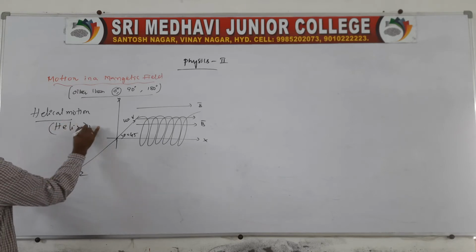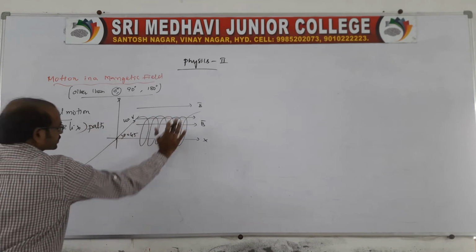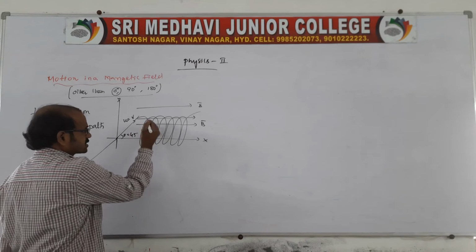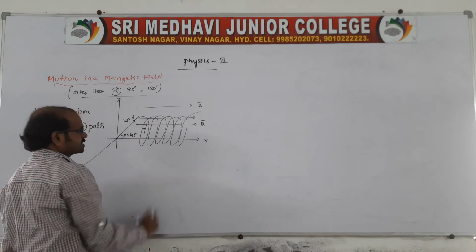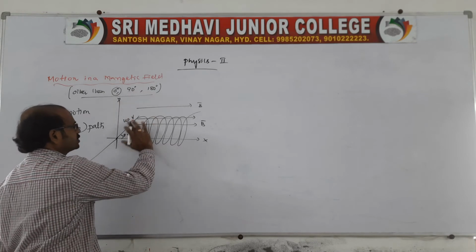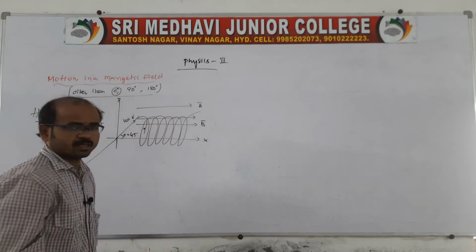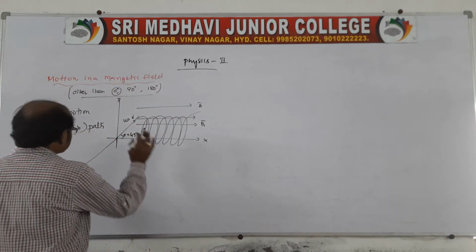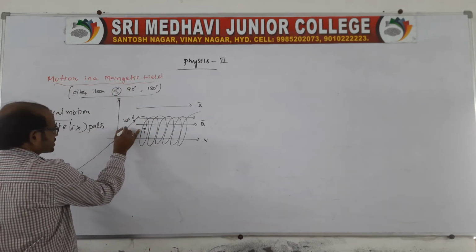The path will be helix. This path, which we can call helix path, is like a circular path. Each and every circle has radius r, because the particle is entering at an angle other than 0, other than 90, other than 180, therefore the path will be like a spiral. We can also call it spiral. It is entering with a velocity u, therefore u can be resolved. This is entering, a charge is plus q.